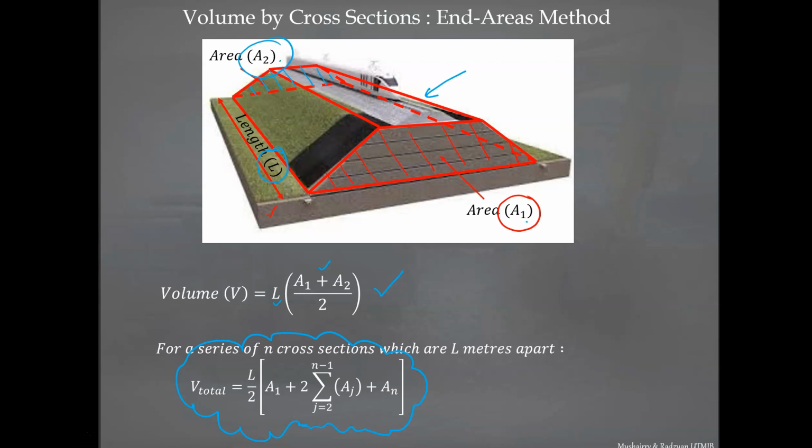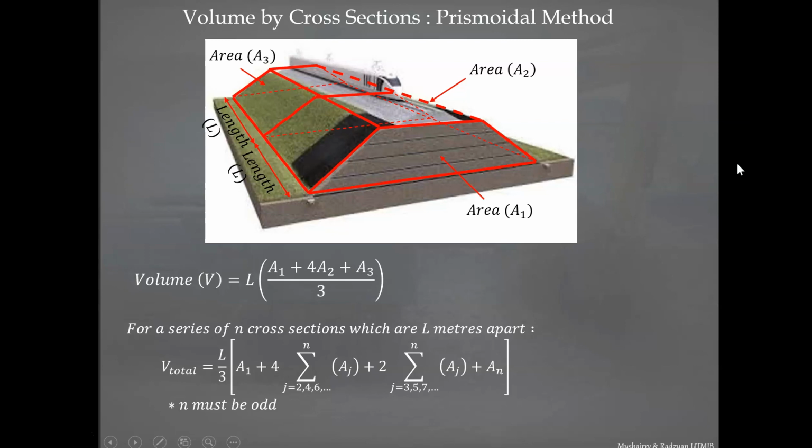Okay, so that's cross section by n areas method. It simply means you take the area of both ends, mean them, and multiply by the length. Okay, next is volume by cross section using